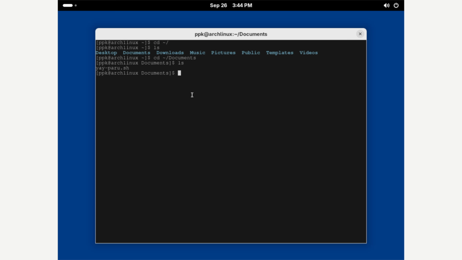So I just have to chmod. Chmod is... come on, I can't talk and type. So chmod +x yay paru.sh. Okay, there it is. And now to run it, you just run it normally, ./yay